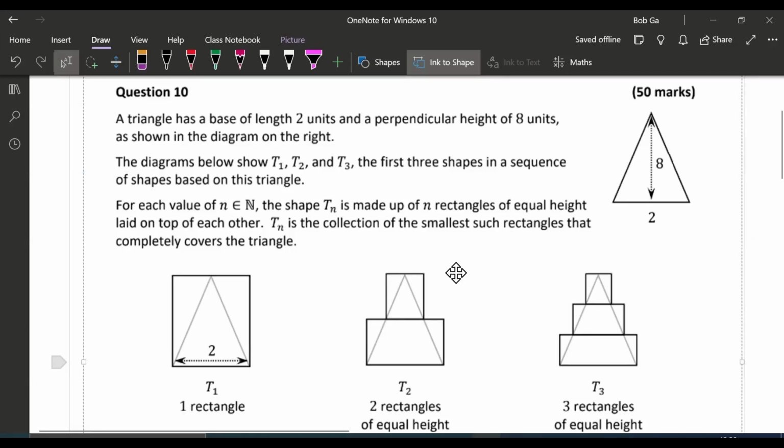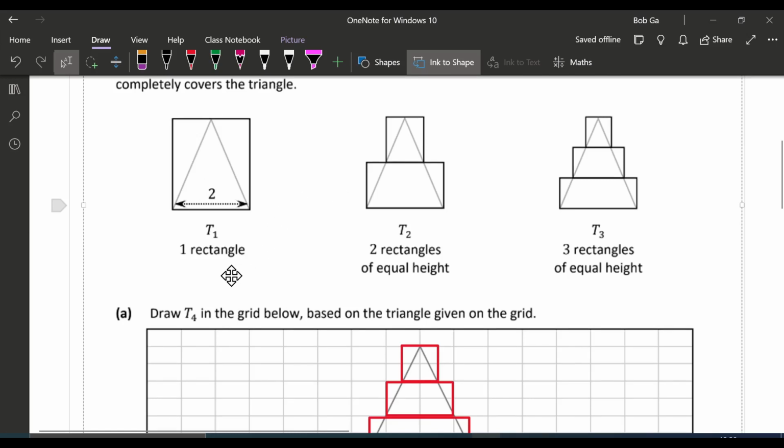Alright, so this is question 10 of the Living Set Higher Maths 2023. In this video, I'll be providing a solution to that. So the first one is quite easy there. We're asked to reproduce